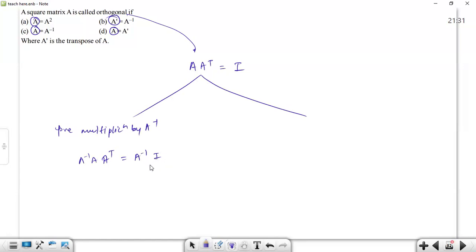Now the identity matrix, when multiplied with anything, remains the same. A inverse into A becomes identity matrix into A transpose. That becomes A transpose only. So A transpose is equal to A inverse. Is this matching with any option? Yes, option B. Otherwise, if it had not matched with any other option, then we would have tried post-multiplication